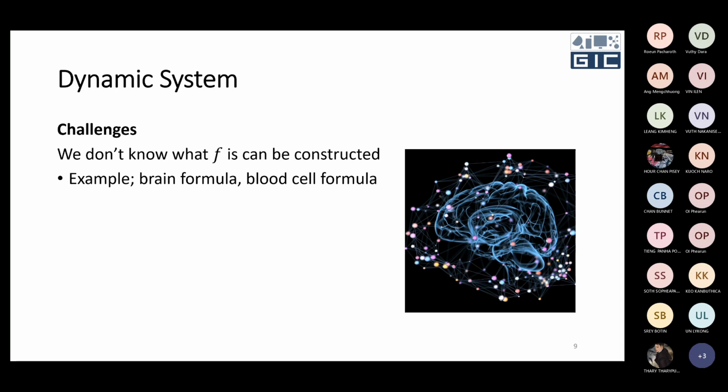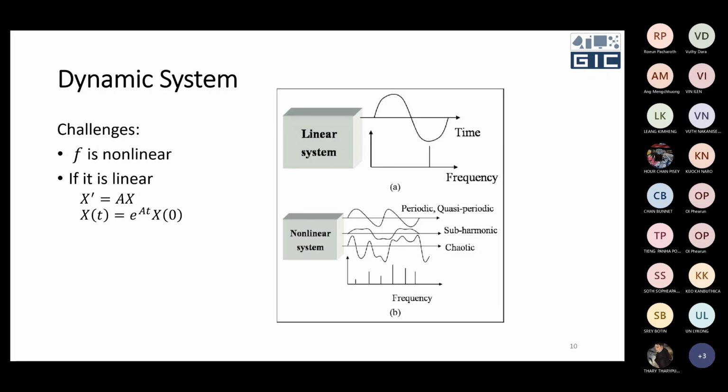So the first challenge means that you cannot formulate it with a specific mathematical equation, or not just mathematics, it can be a physics or mechanical equation, something like that. And the other challenge is that it is nonlinear. So the definition of our systems, when I talk about linear or non-linear, is kind of two different things. When it is non-linear, this is a challenge of the dynamic system.